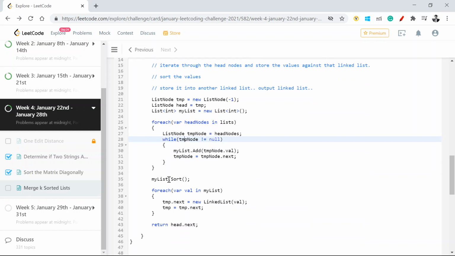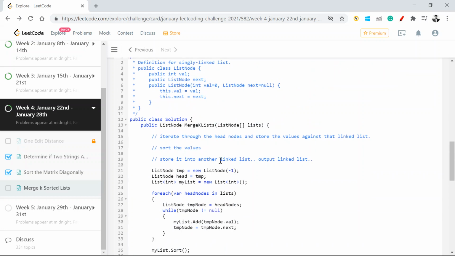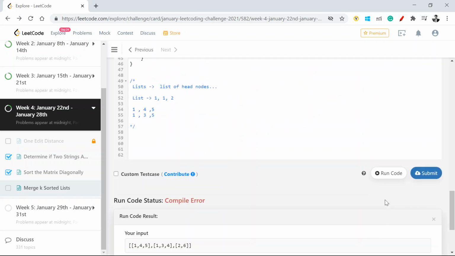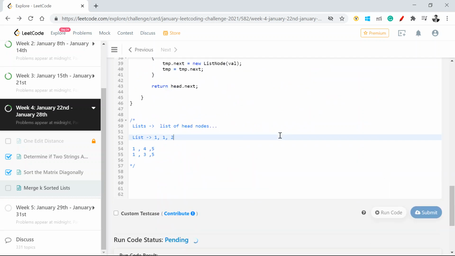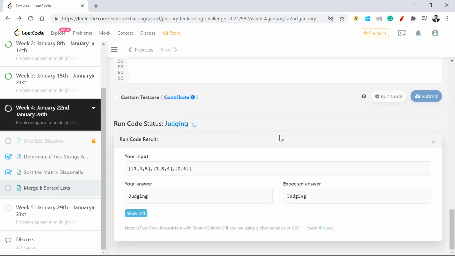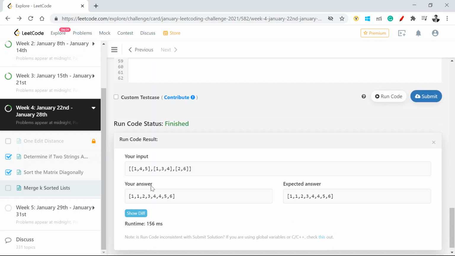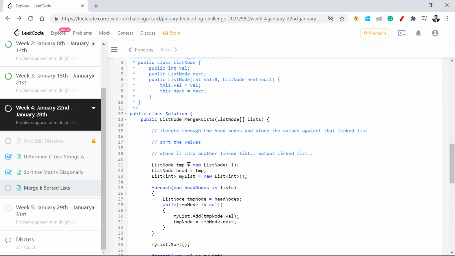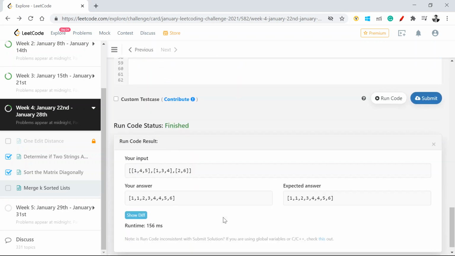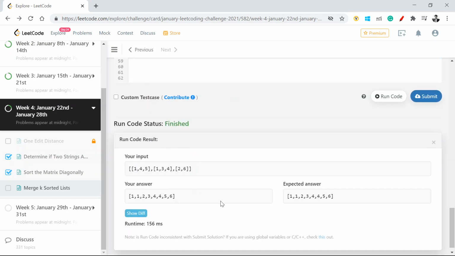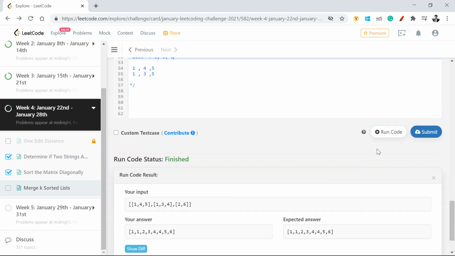Okay, this looks sorted. My list got sorted. Oh, this will not be LinkedList. This will be ListNode, because that's the class which we are looking at. Let's run it. Okay, so if you see the solution, this got accepted, meaning the test cases are executed properly, and let's submit it.